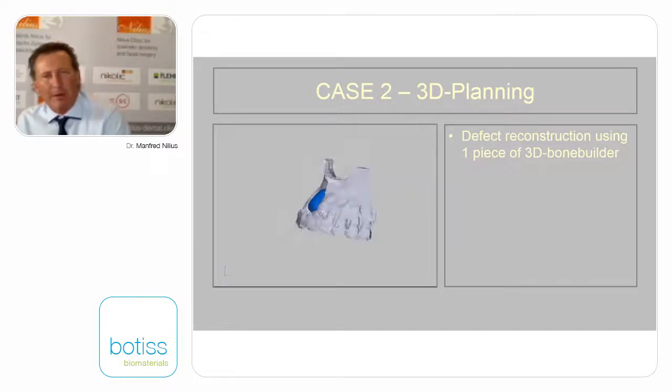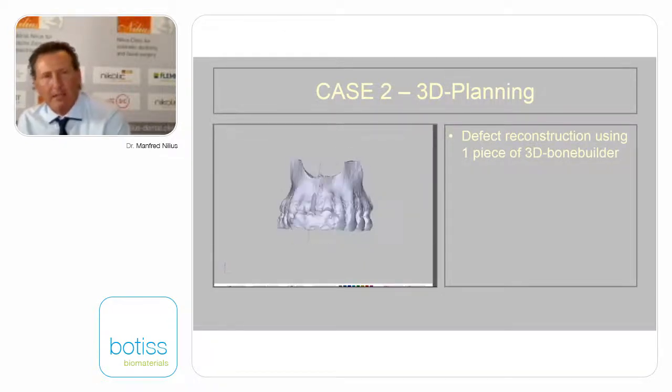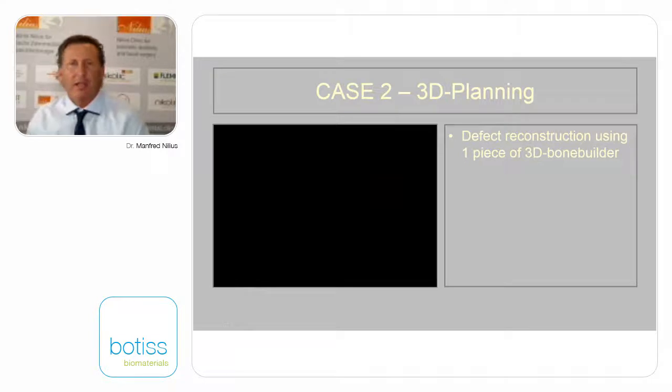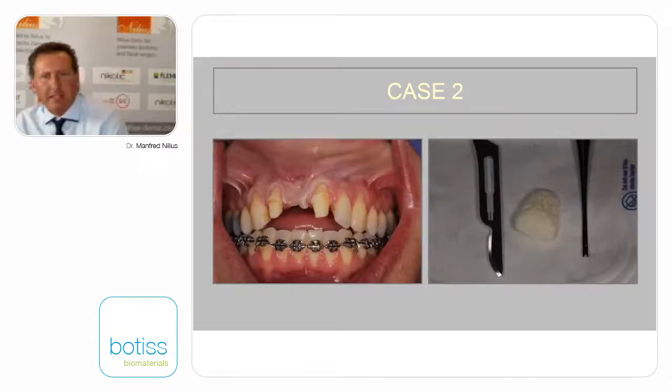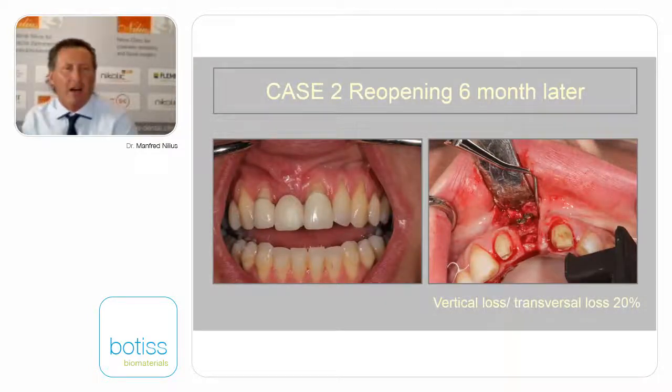I say to my patient, look, this is not a veneer for the crown, this is a veneer for the bone. It sounds a little bit better when you say it's a bony veneer and not a big bone augmentation. And this was made of one piece, one of our first cases, and this is the extra-oral view, and this is the clinical situation after